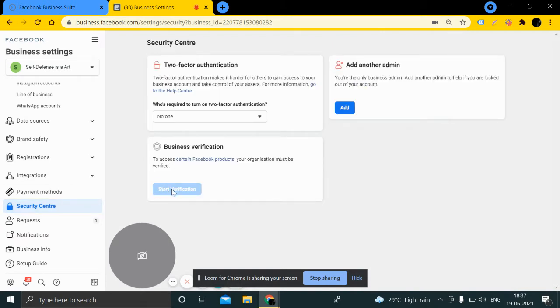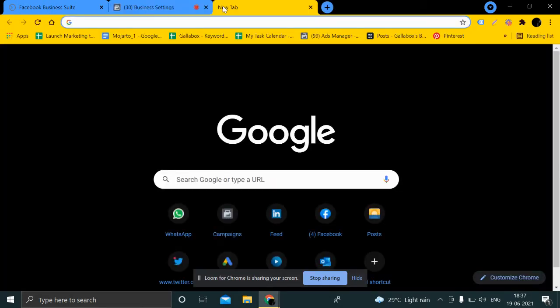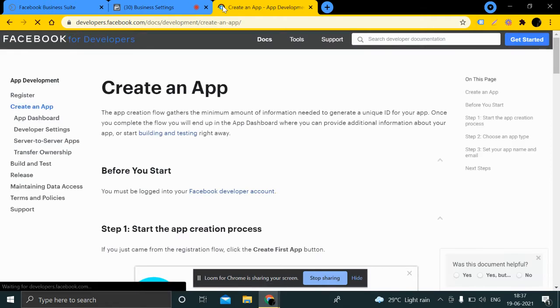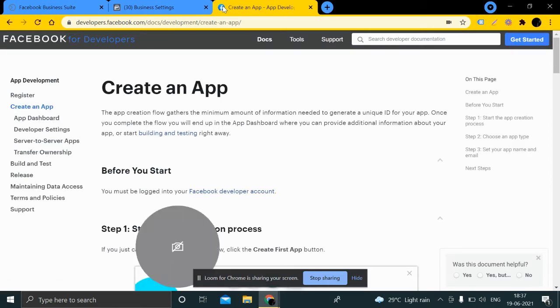Here we need to start the verification process, but it is grayed out. To get it enabled, we need to go to developers.facebook.com/docs/development/create an app. You need to sign in, click on Get Started,